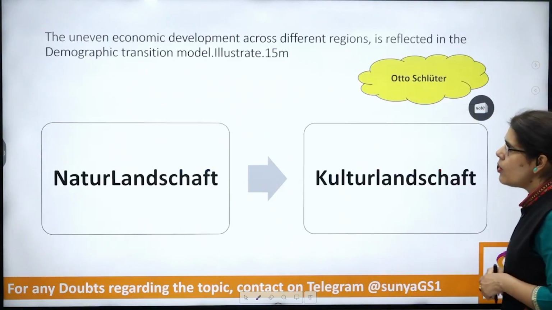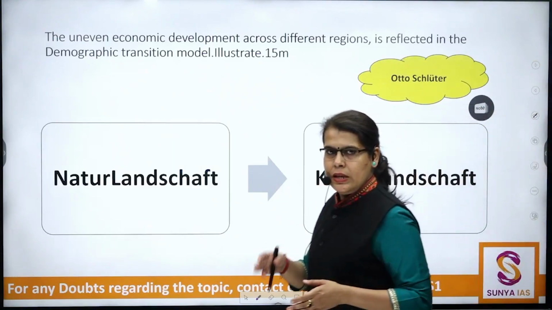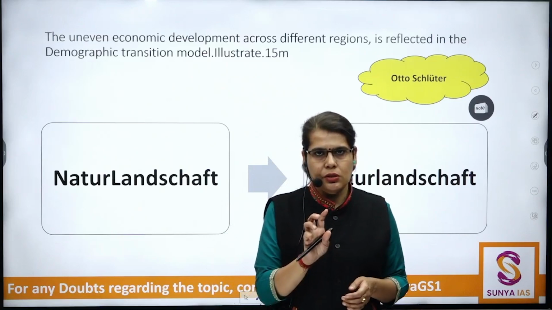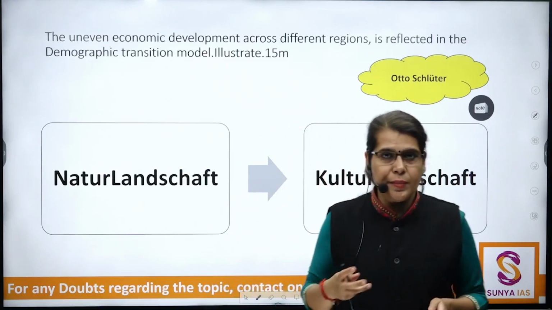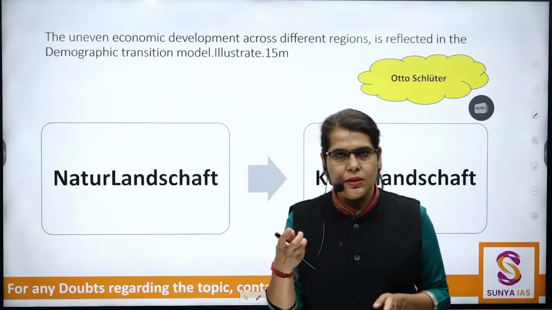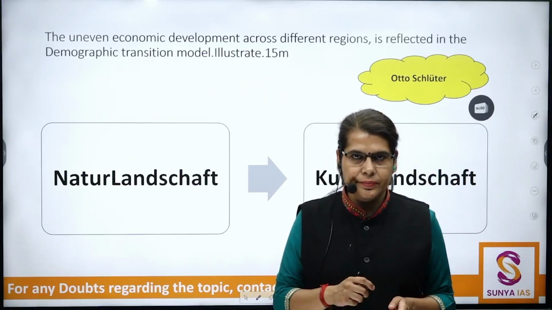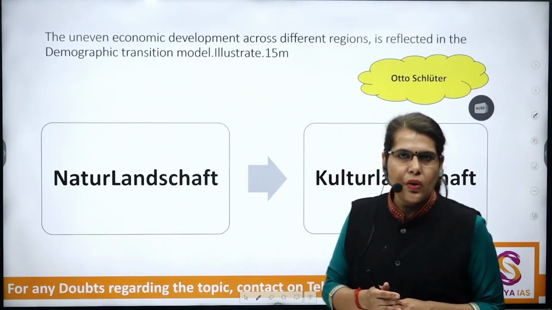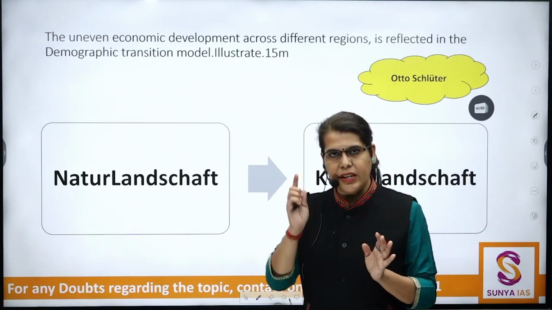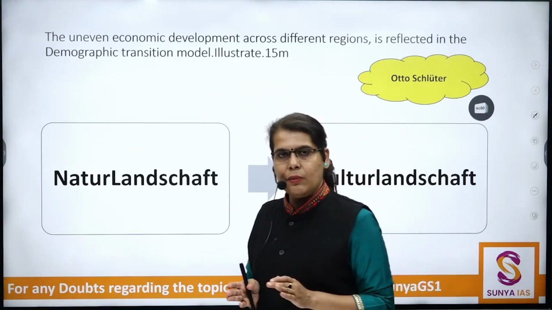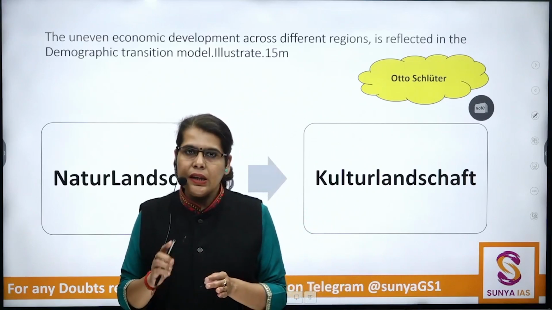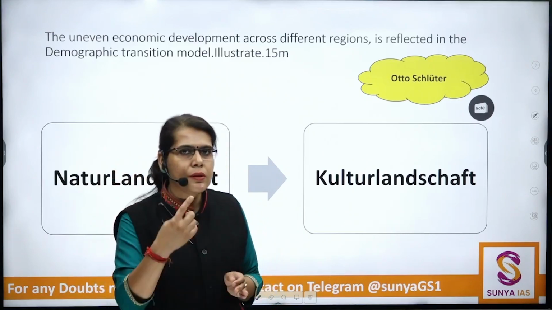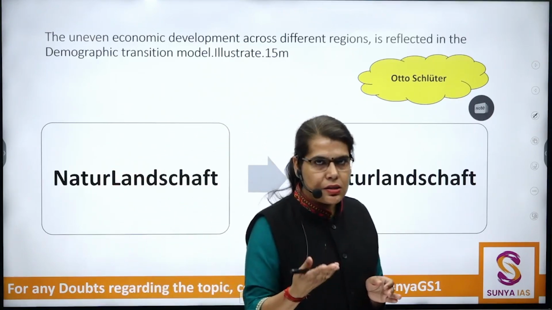Now when we are talking about uneven economic development associated with the demographic transition, towards the conclusion, you must give an interrelated aspect around a concept related with the thematic unit. Please understand that because this question was mainly around the theme of DTM, whenever there are demographic transitions, can I say that they will also impact the settlement of a region, correct?